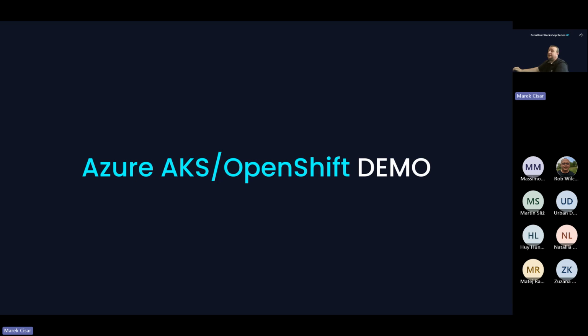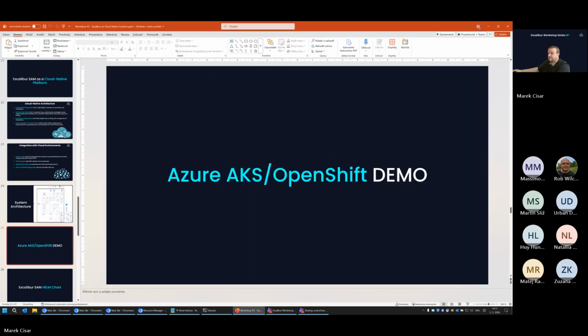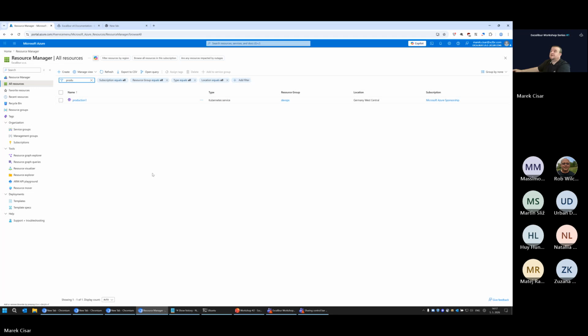Azure AKS or OpenShift demo. Okay, so let's first check the existing deployment on Azure AKS, how it looks. Maybe you are all familiar with the Microsoft Azure portal configuration interface. So let's check our Azure Kubernetes services.